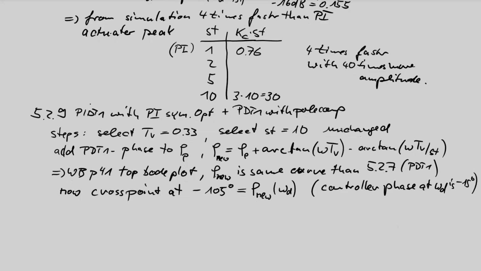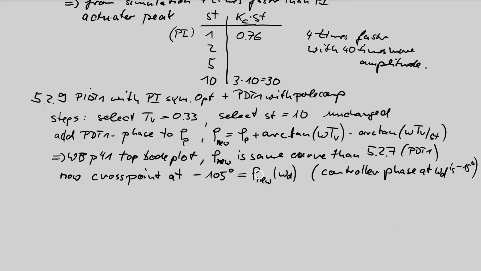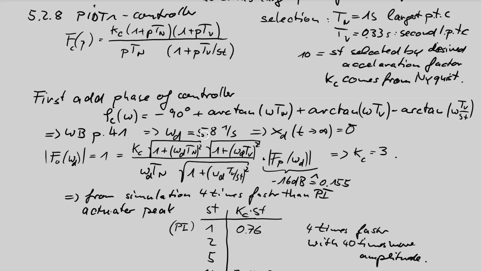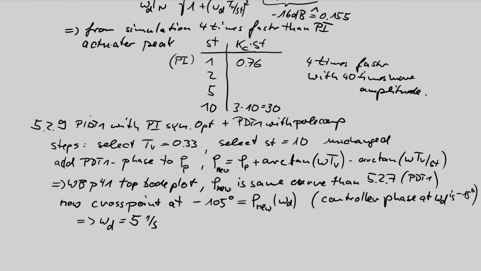So far, this cross point, the new phase curve, the green curve, at value minus 105 gives the new omega d value, and this was 5 per second. If we compare this with our previous pole compensation result, then we see we are a little bit slower. This is a slower design in this case. The Tn can be calculated with the